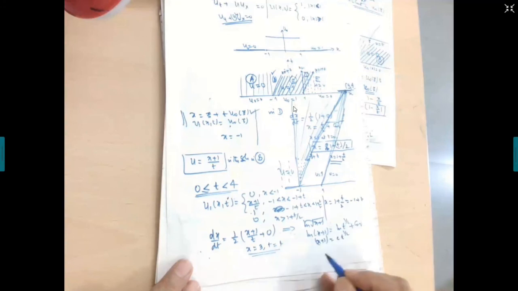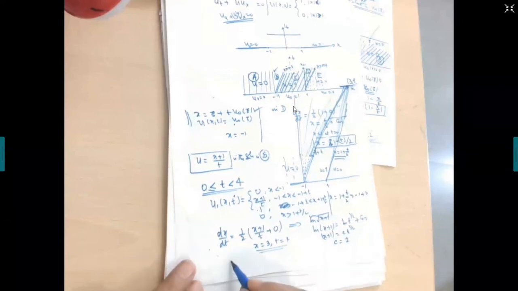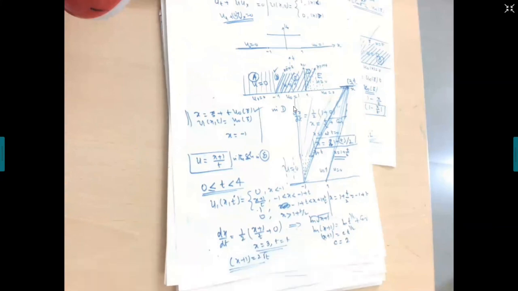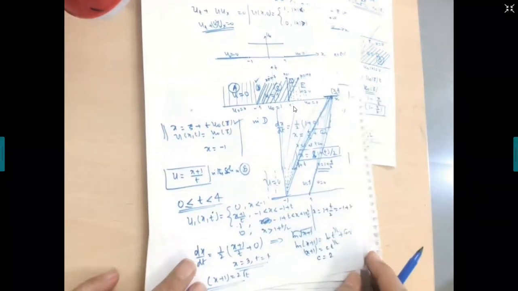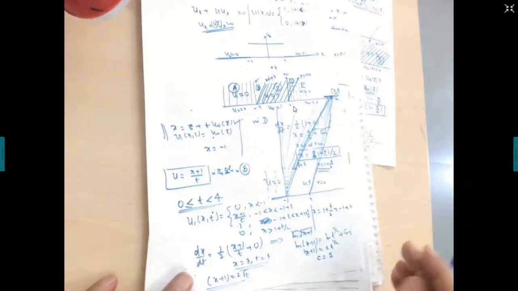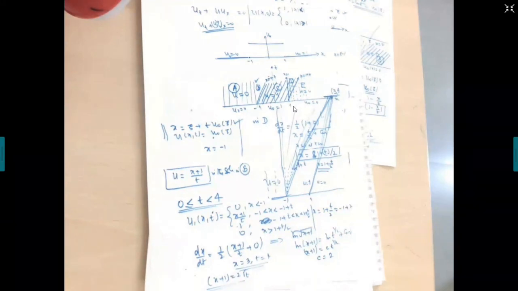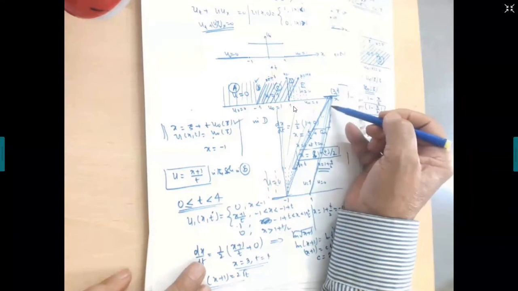The initial condition gives us t is 4. So c is equal to what? 2. Am I right? c is 2. So x plus 1 is equal to 2 under root t. Very nice. So this is again a parabola. Am I right? It is a parabola. So on account of this, now you have to tell me, what will be the shape of this parabola? Will it be towards right or will it be towards left?